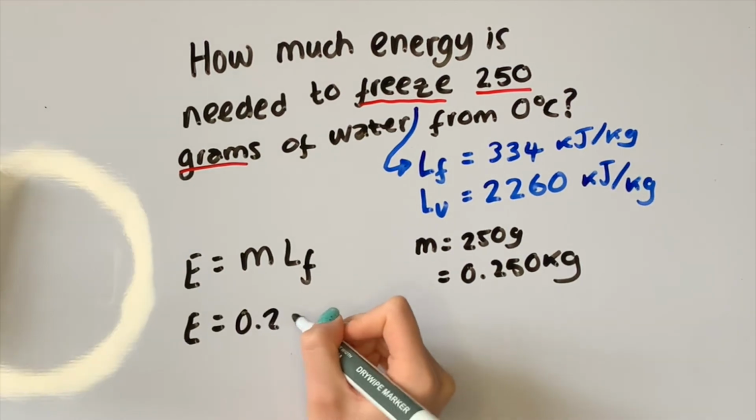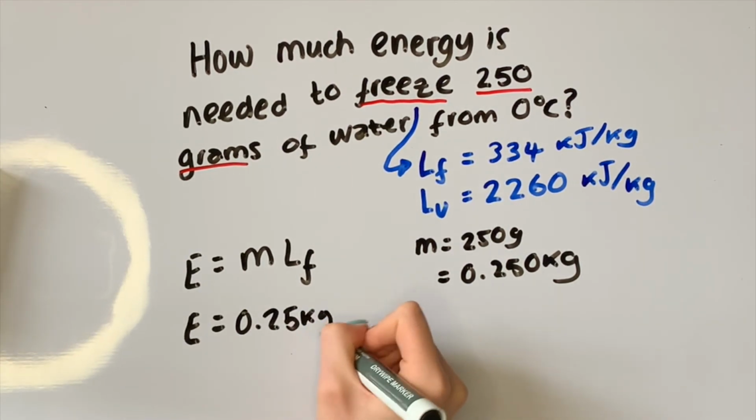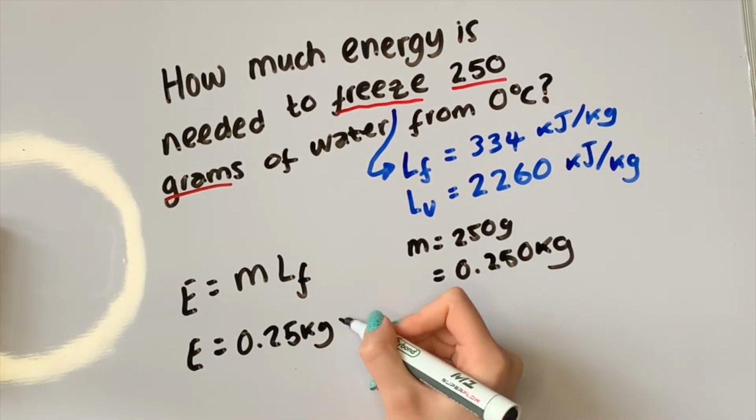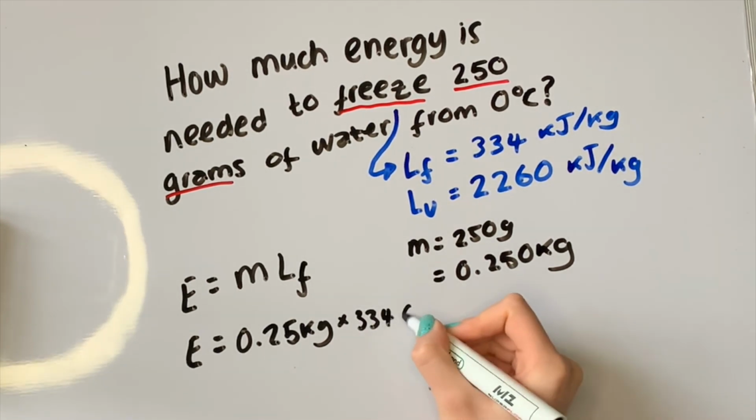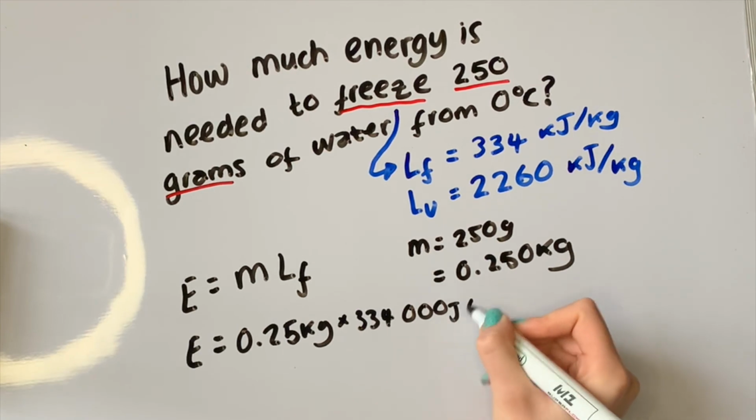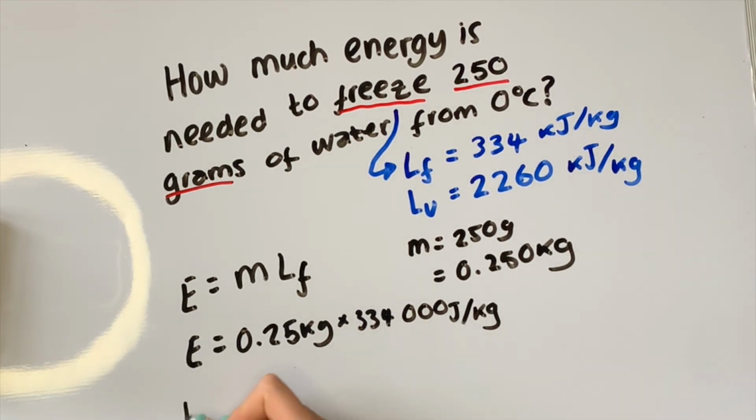Now if we pop the information into our equation, that's 0.25 kilograms times by 334,000, because we're given in kilojoules, we need to turn this into just joules, so times by 1,000. And then if we put this into our calculator, we should get an answer of